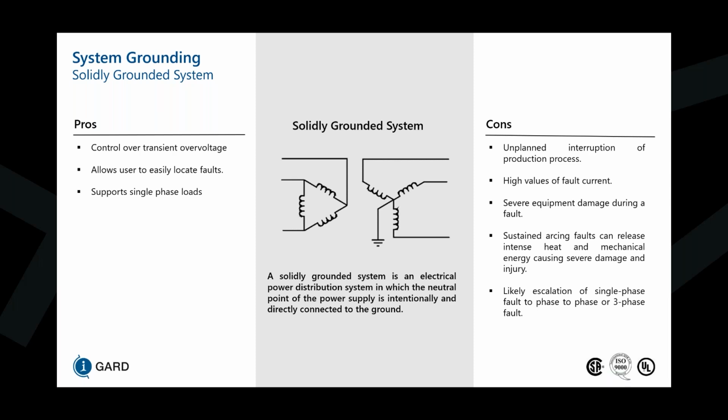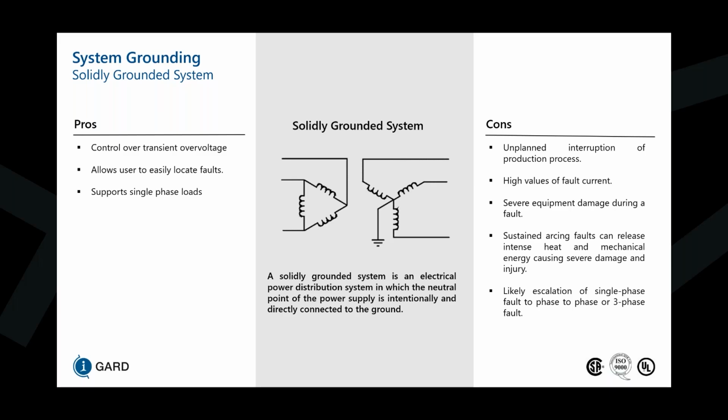In addition to that, this solidly grounded system is able to satisfy single phase loads with the distribution of the neutral for a 3-phase 4-wire system. The issues with solidly grounded systems is that there's high values of fault current that can flow back to the source, back to the point of fault, which could create an arcing effect and can cause severe equipment damage during